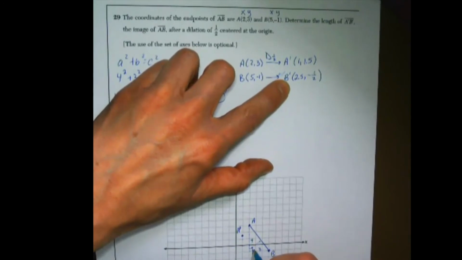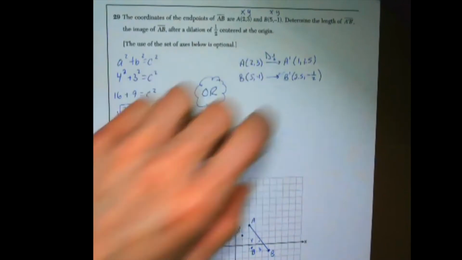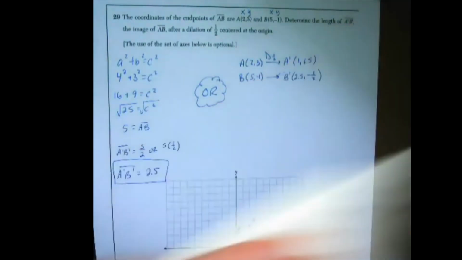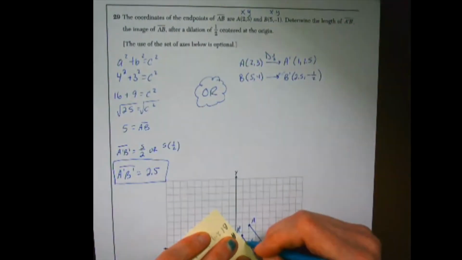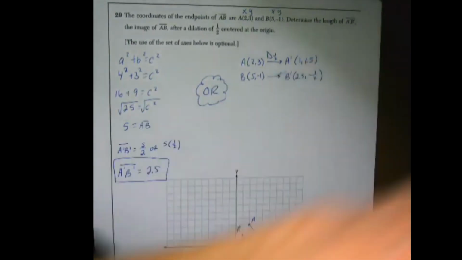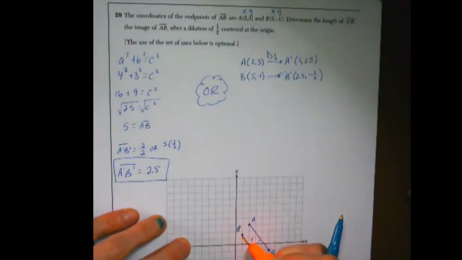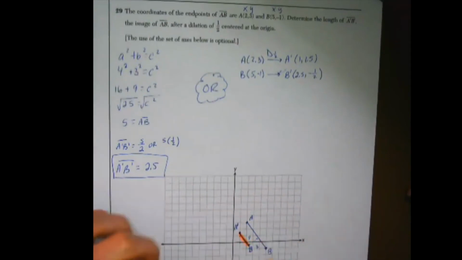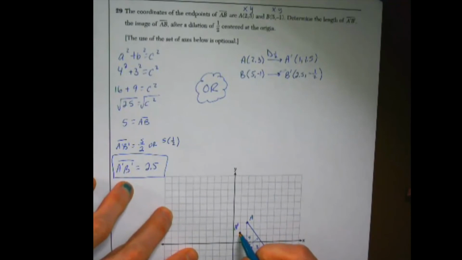Oh, this is going to overlap this just a tiny bit. So let me use this straight edge, and then I'll use a highlighter. I have this straight edge here, and then I'm going to use this highlighter here. Here we go. So this is the segment we're now actually finding the length of. If we do the same thing and form a right triangle, we're going to go down, that's a half, that's 1.5, and down another half. So the length from here to here is going to be 1.5, and the length from A prime over to B prime this way is going to be a full